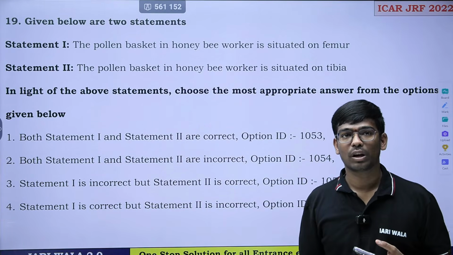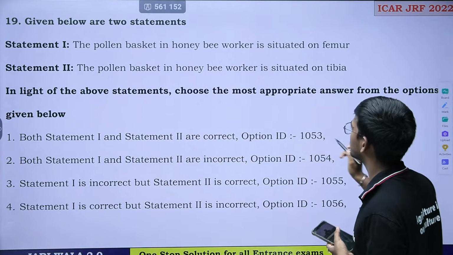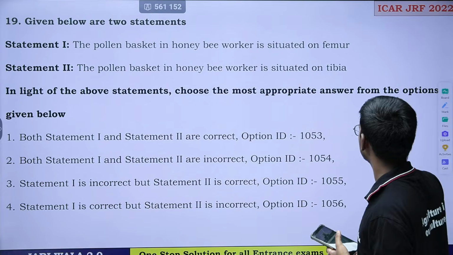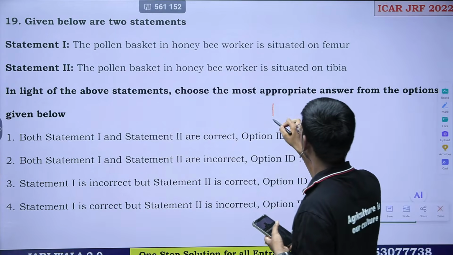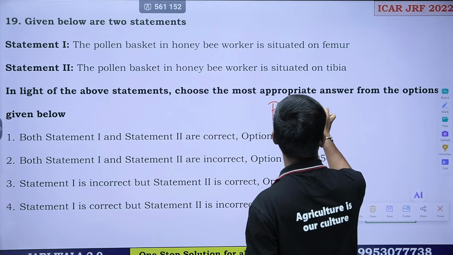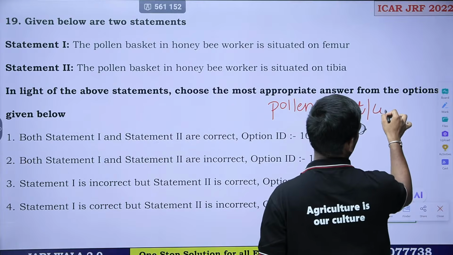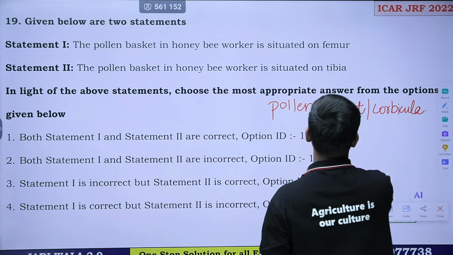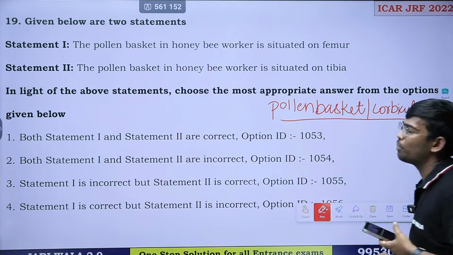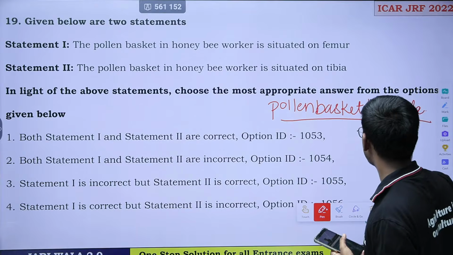This pollen basket is also called a corbicula. Okay, so this is present on the tibia,